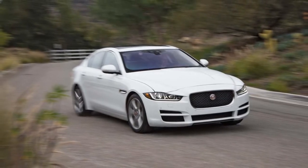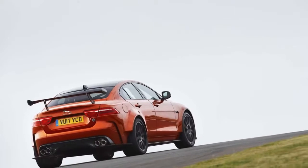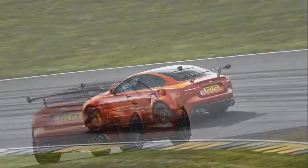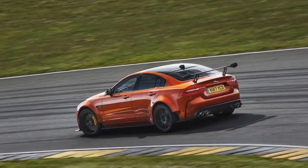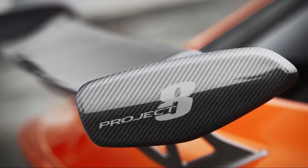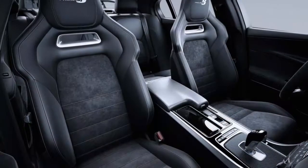Carbon fiber front fenders feature 0.75-inch flares, and the headlights have been moved half an inch farther forward to ensure clearance in the wheel wells for the 20-inch rims and 265/35 tires. The carbon fiber hood is vented to extract hot air and to reduce pressure buildup in the engine